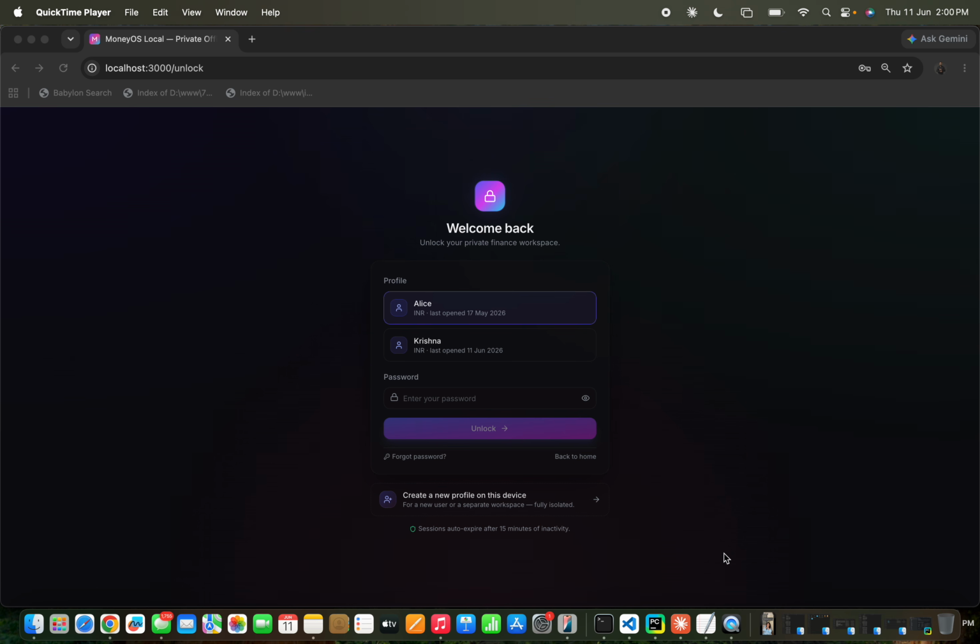So to understand this in terms of privacy, the AI models available right now in the market are mostly from global companies, and we don't want to give our personal finance data to the LLMs or AI models which are global. So to tackle this situation, I came up with a product which works on the Ollama LLM model, which will work on your laptop, which means your